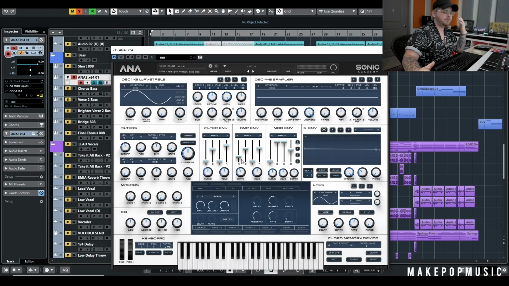A lot of people will put release on their 808s. I don't love it because to me, when my 808 is over, I just want it to be over. I would much rather just draw in the length that I want. So I always bring my release pretty low. I don't bring it to 0 because you might get a click and a pop, but 20 milliseconds should be fine. So now we've got the ADSR set. As long as we hold it,